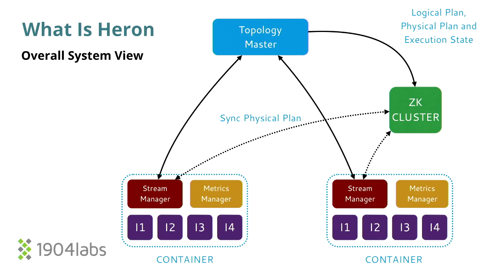And then, I'm not a fan of this image, but this is the best I could find in the short time I had to do this. There's a zookeeper cluster that is shared between a Heron cluster, not a topology. So you can have 1,000 Heron topologies running, all running off one zookeeper cluster. And within that zookeeper cluster, you'll keep the logical plan, which is the DAG, your physical plan, which can be your IP addresses and your ports, and then a current execution state of the topologies that are running.